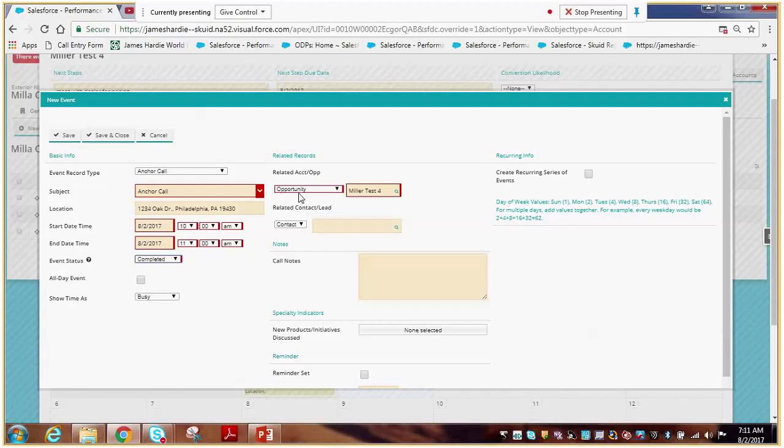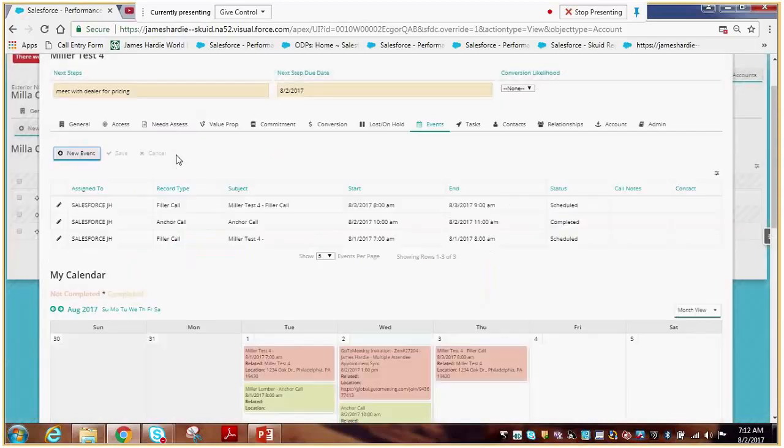Because the business cares about how many calls we have per week and the percentage of calls against either accounts or opportunities, you want to make sure that if this is a call against an opportunity in some facet or another, that it's actually related or tied to the opportunity that you wanted to. So this is the section on the page that would highlight that. Once you have your information filled out, you click Save and Close, and you'll see that that'll populate.